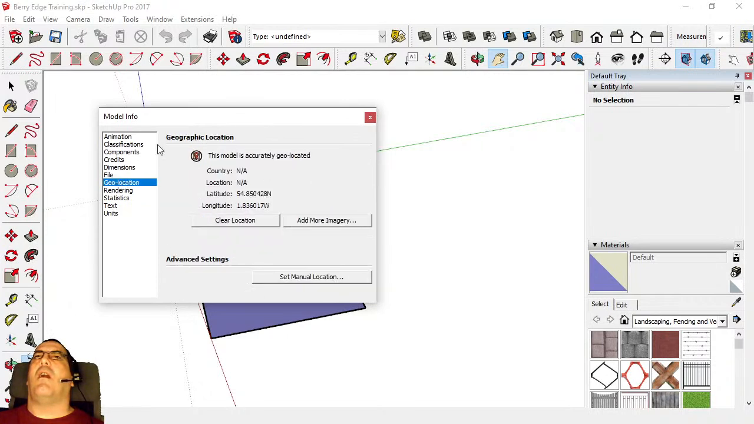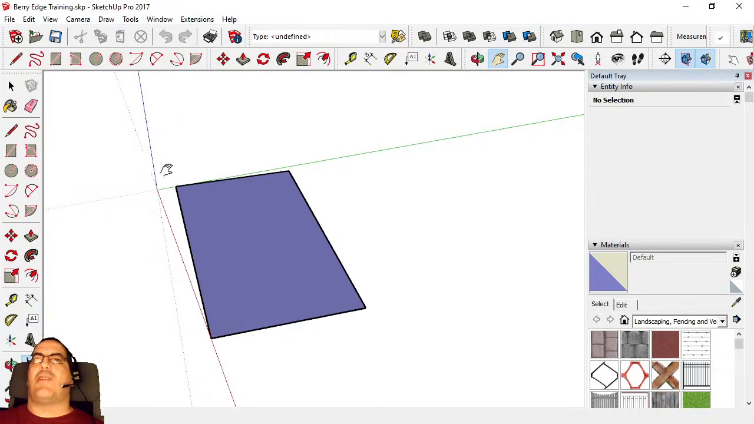that this model is accurately geolocated, and it has a latitude and a longitude, which is a corner 54 minus 1 west. We know that's within concert. What that latitude longitude refers to is this origin point here. So that point there would be exactly the same point as it is in WGS 84 on Google